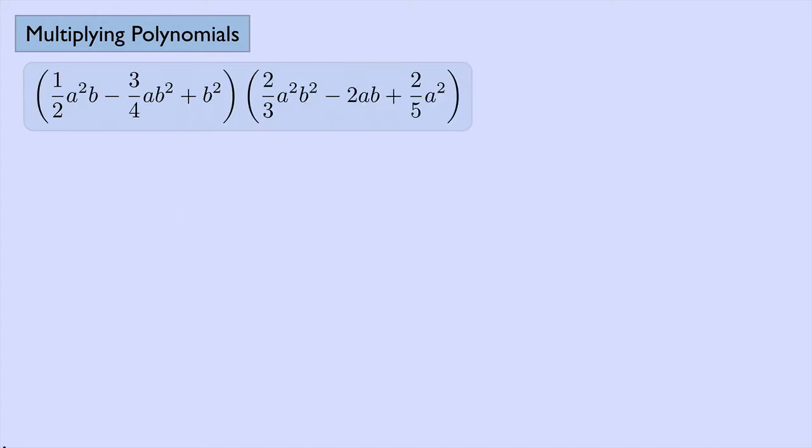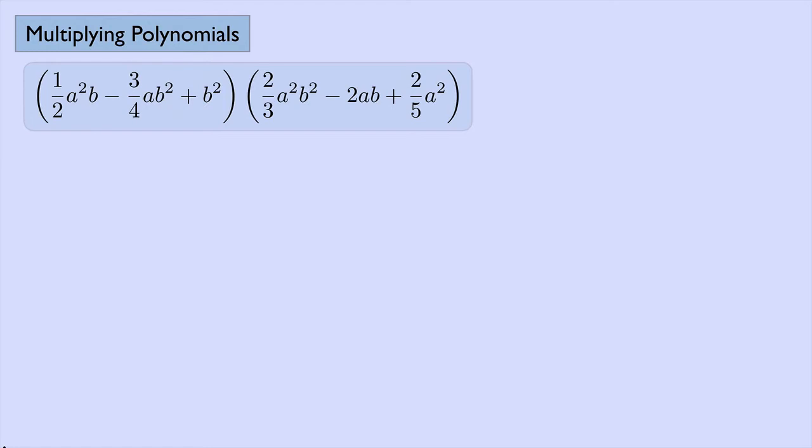1/2 a squared b minus 3/4 ab squared plus b squared is going to be multiplied by 2/3 a squared b squared minus 2ab plus 2/5 a squared. All right, this one has a lot going on. We got a's, we got b's, we got fractions, but don't be scared. Well, maybe you should be a little bit scared. I mean, this is going to be kind of a mess, but if we just go very carefully through it,